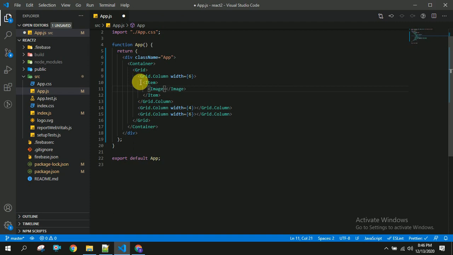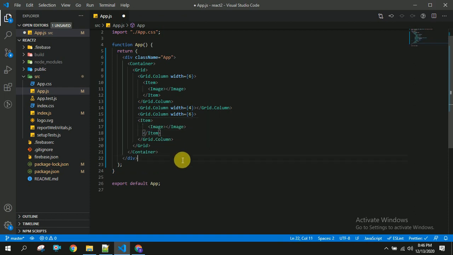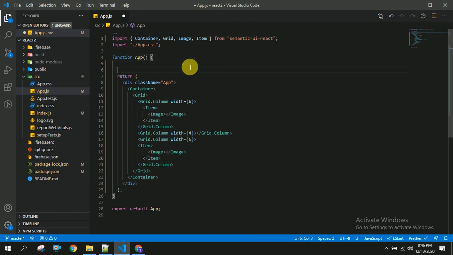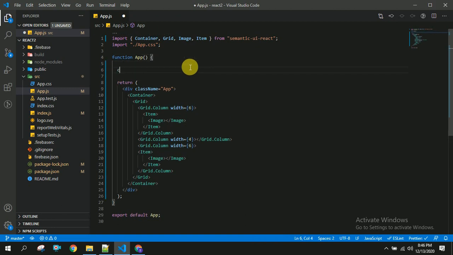Now I am going to copy the same thing in this third grid, as we have to show the original image on the left side and the compressed image on the right side. So this will be created like this, and next we are going to create some variables by using the useState hook.